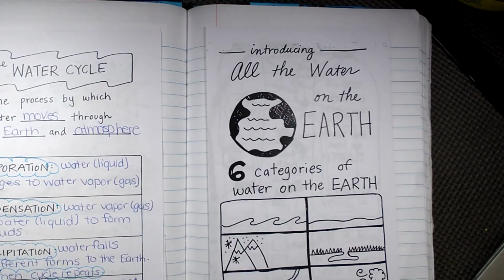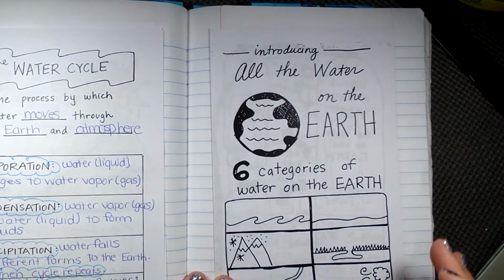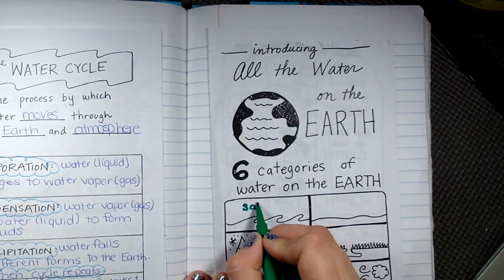Hello friends, we are talking about the water cycle this week, and today we're going to be focusing on all the water on the earth. There's a lot of water on the earth, but how is it made up? What parts of the water belong to different categories? So today we're going to be focusing on those 6 categories, how they're found and how they compare to each other. So the first one is salt